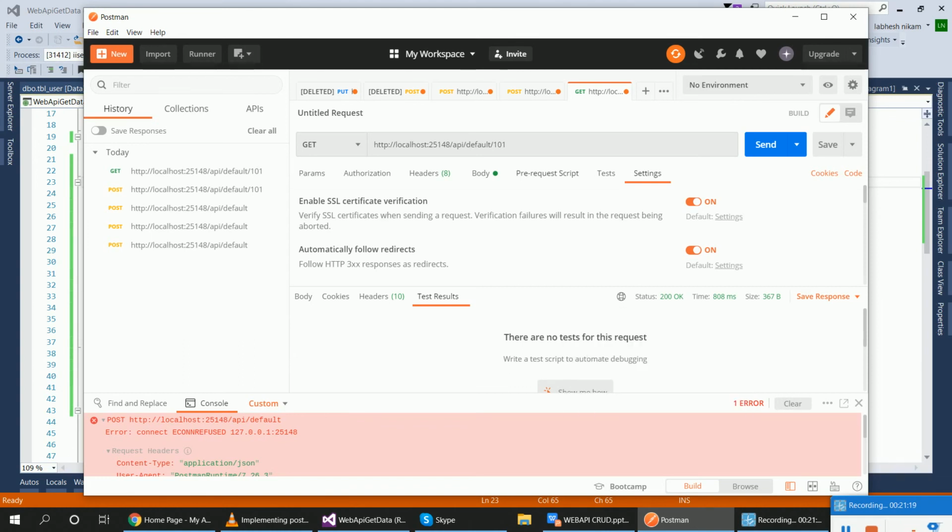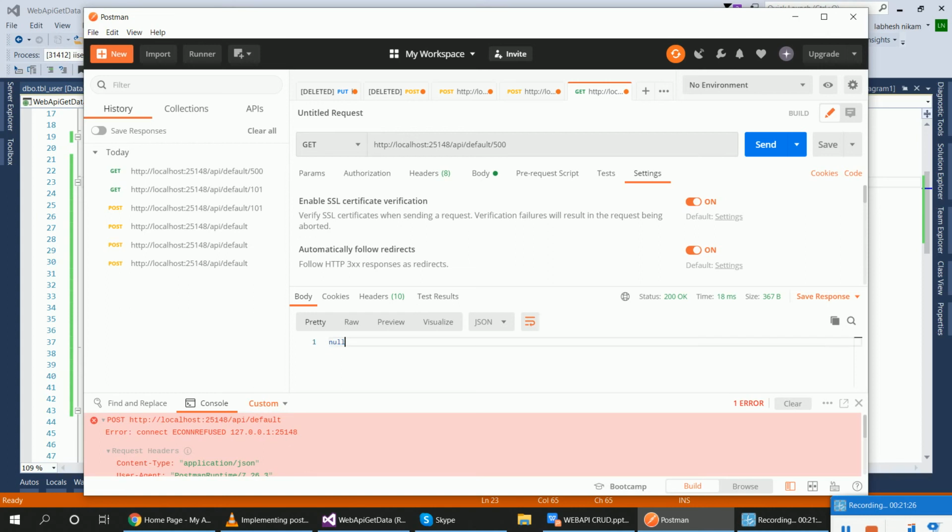Yes guys, in the body I can see 200. Okay, it means the request you sent is okay, but there is a null value because there is no 500 number record. It's okay, right?